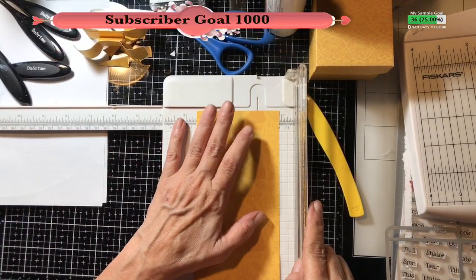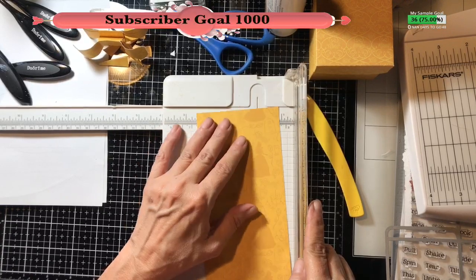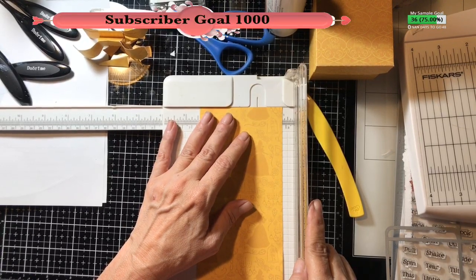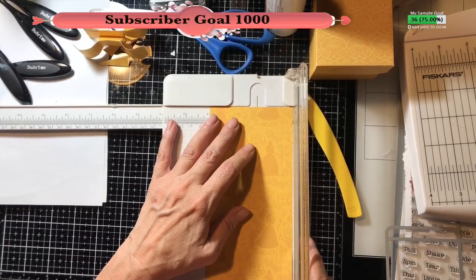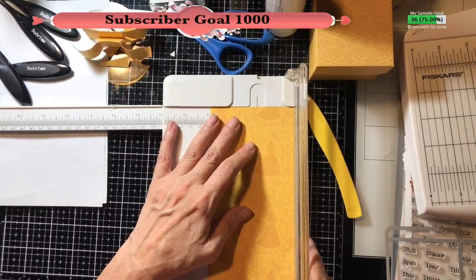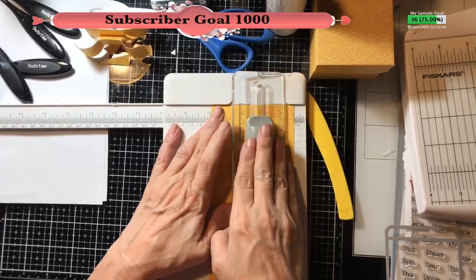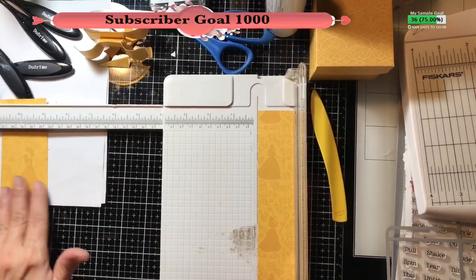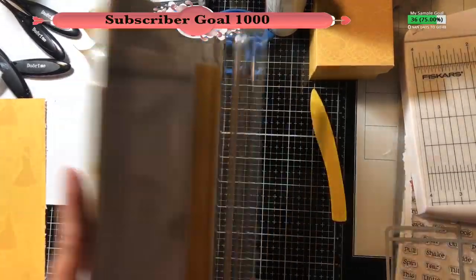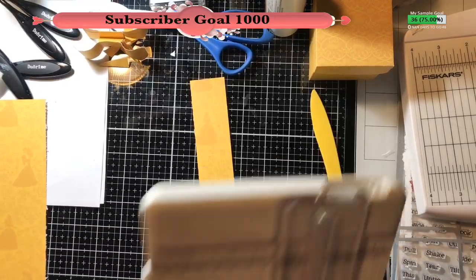Now, if this doesn't turn out correctly, I'm sorry. Wait, where's that one? That is a 1 inch mark. I want to make it a little bigger than that. Let's do it 2 inches. Do it. Okay. I need a new blade. My word, I need a new blade. Okay, so it's 2 inches wide by